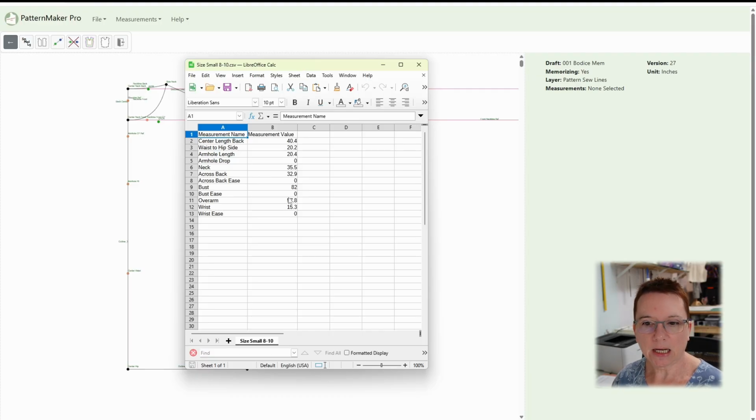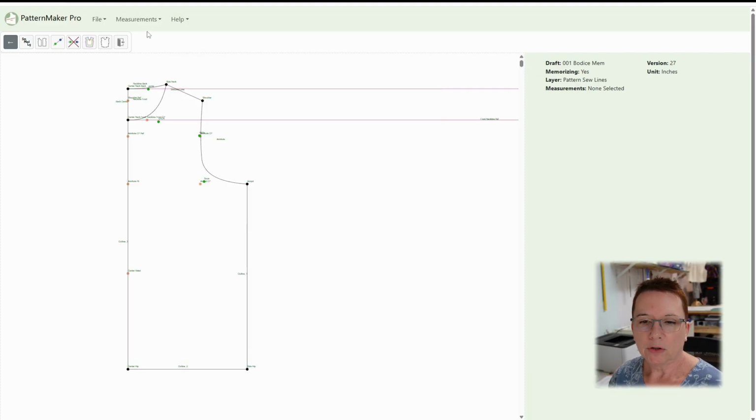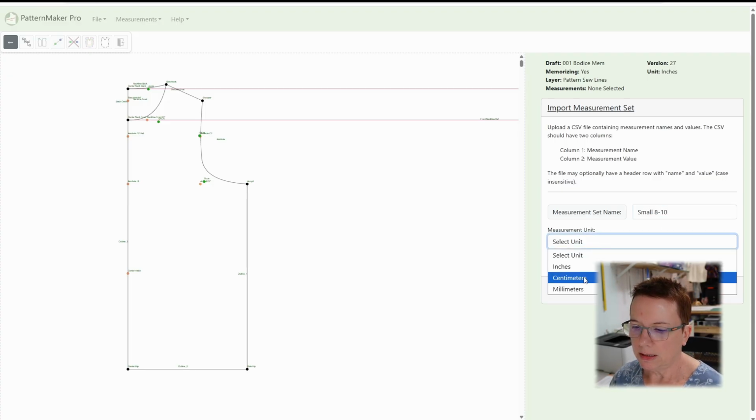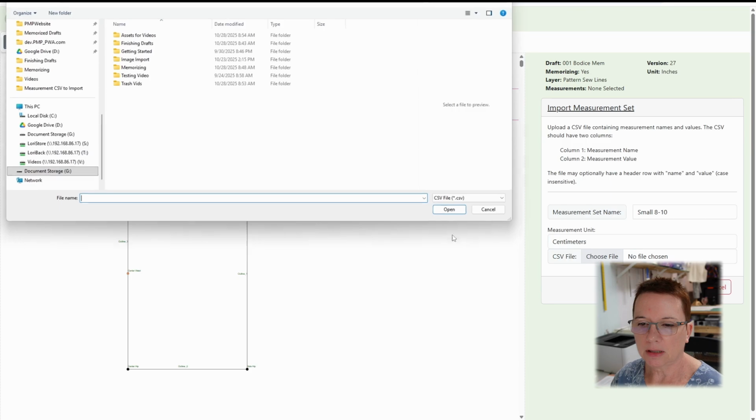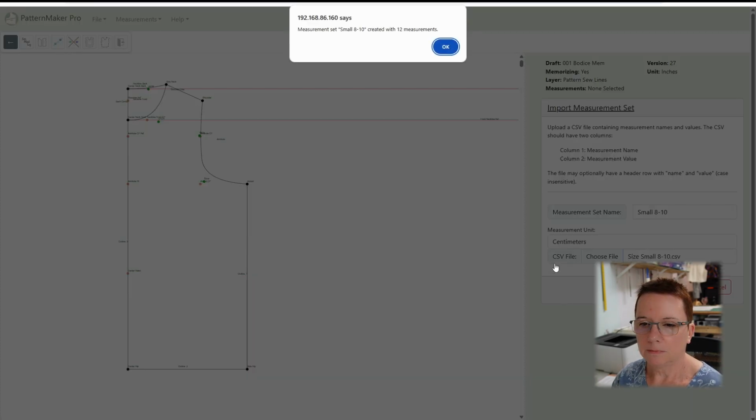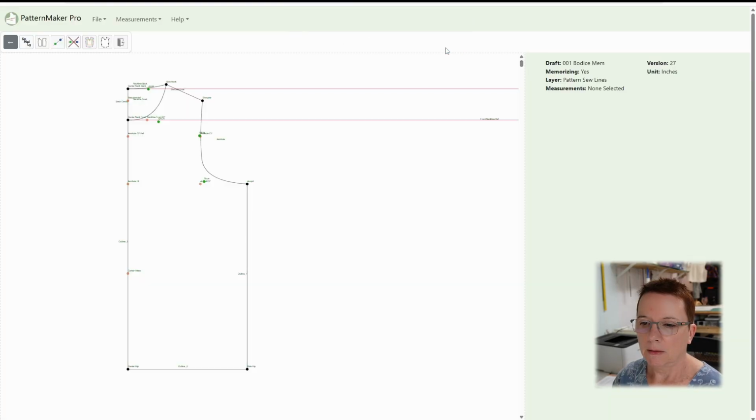So I created a second one of these for the large size as well. To import those measurements in here, we do Measurements, Import Measurement Set, and this is the small 8 to 10 size. The measurements are in centimeters, and then I just select the file, and then all I need to do is hit import. It says that the set was created with 12 measurements, and now I want to just repeat that